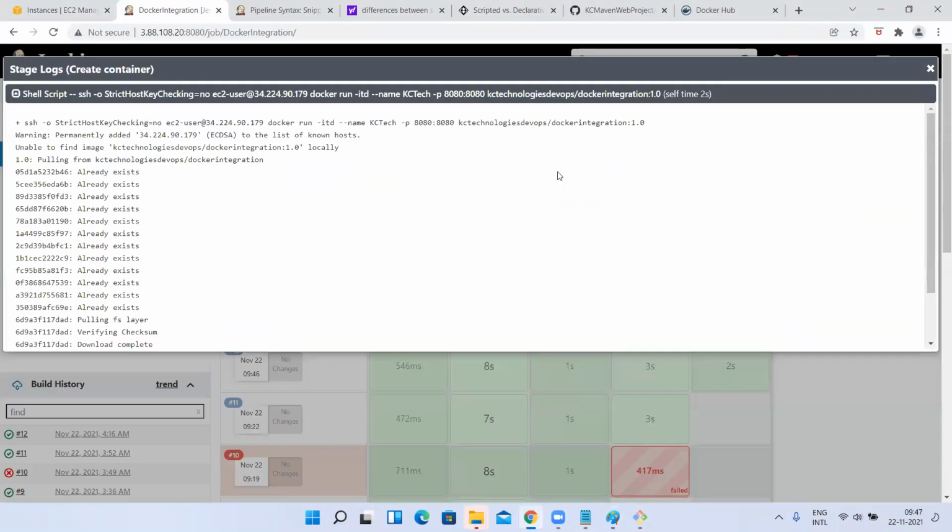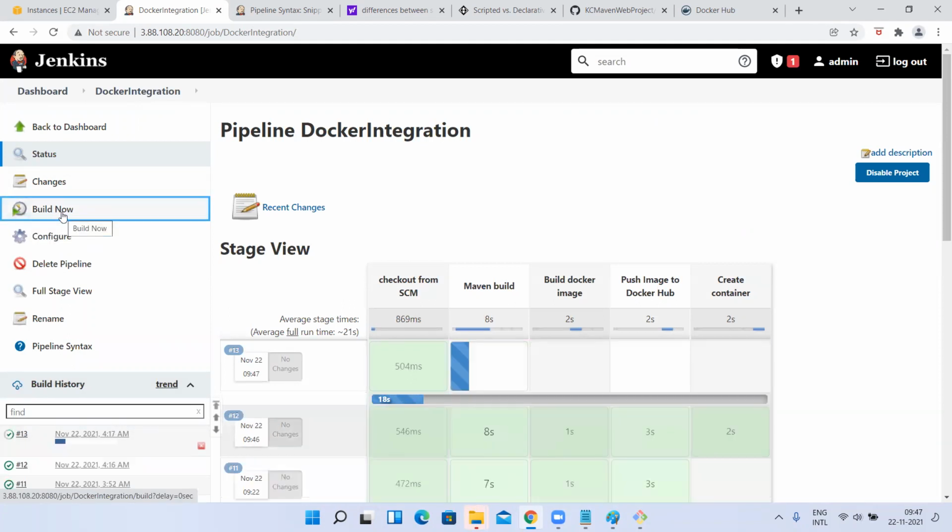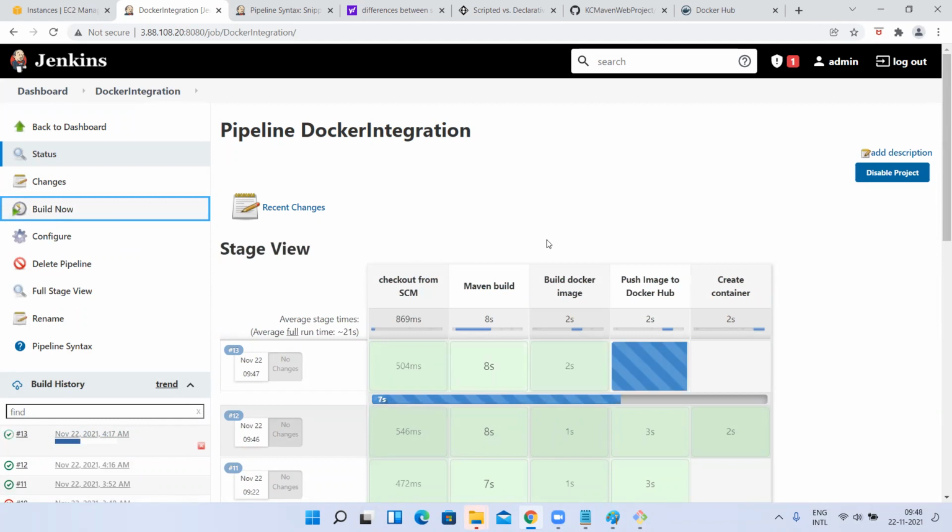I'll trigger my Jenkins job once again. It is success. For my satisfaction, let me trigger once again, right? I achieved something, I'm so happy. Let's trigger once again. If we like something, if we eat it, we will not be satisfied. We will try to eat one more, right? Let's try to build it once again and see what will happen.